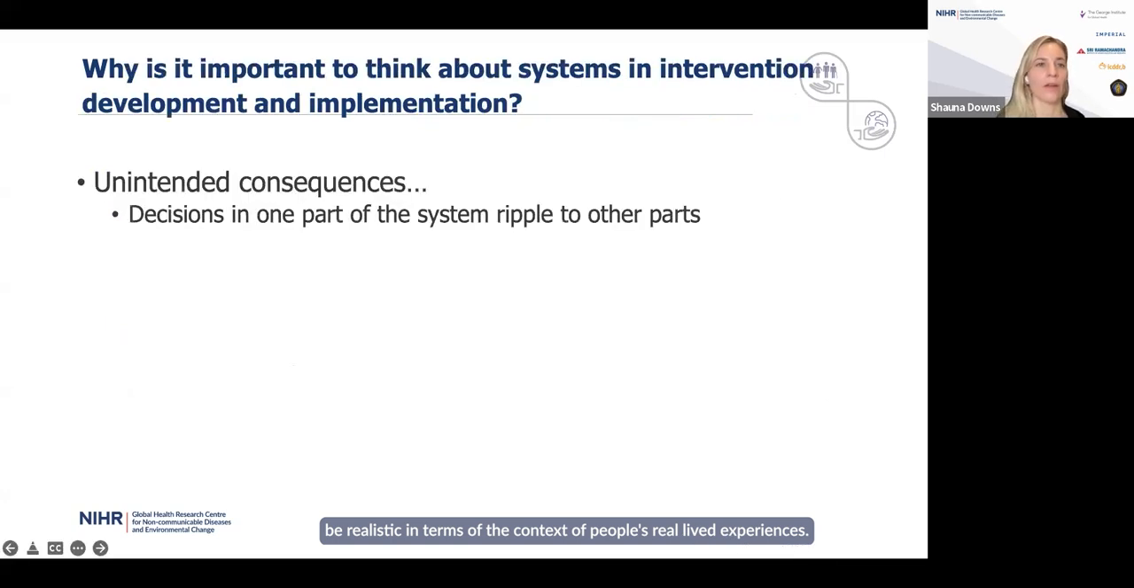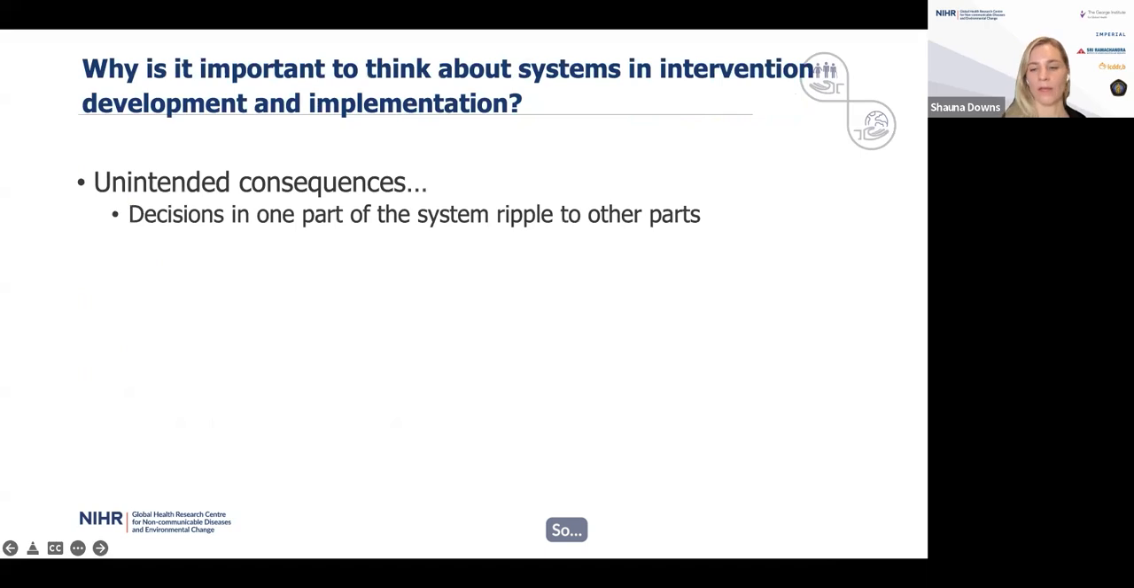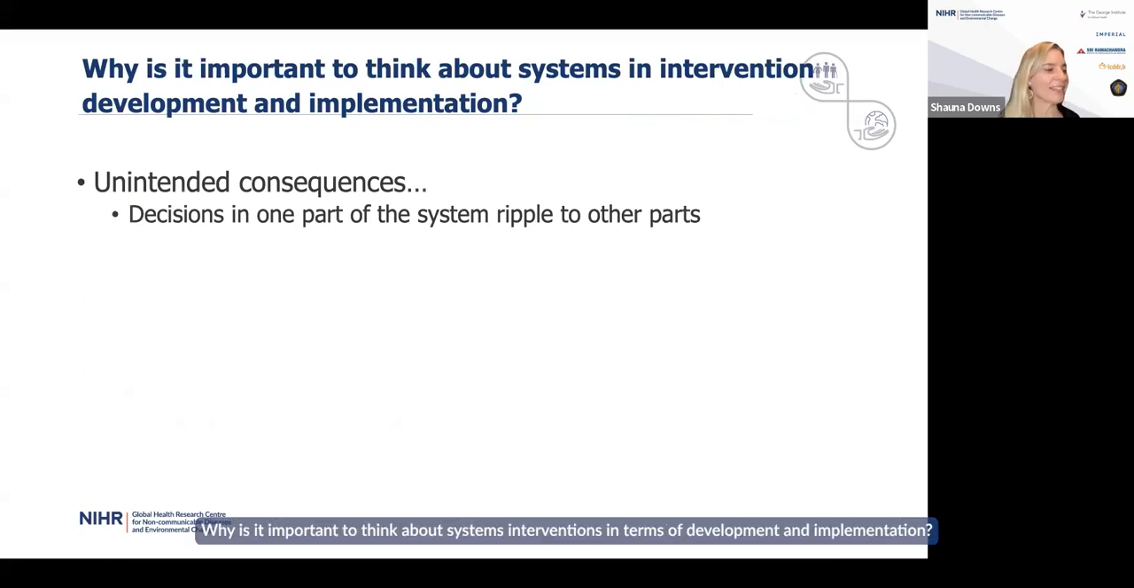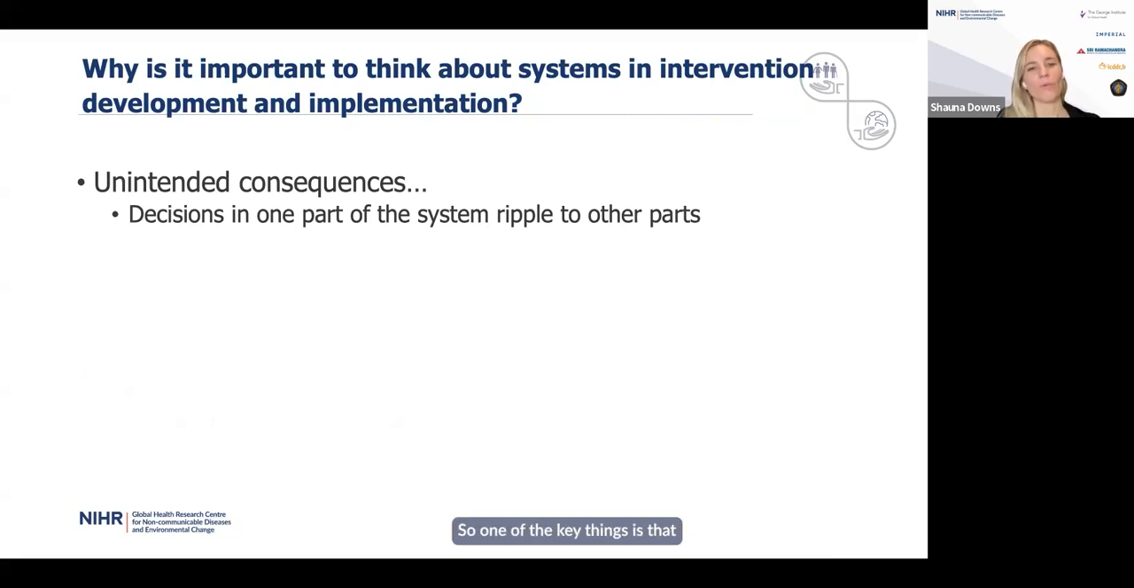So why is it important to think about systems interventions in terms of development and implementation? One of the key things is that there are unintended consequences. As I mentioned